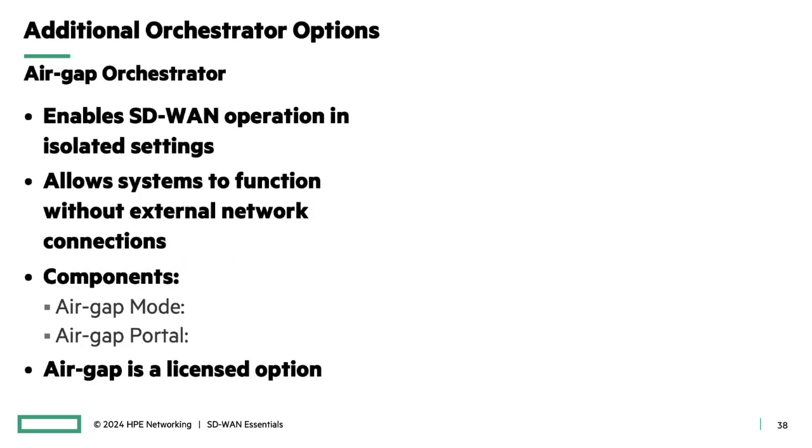There are a couple other orchestrator options, like air-gap orchestrator, which enables SD-WAN operation in isolated settings. Recall we said that the orchestrator must be connected to the cloud portal and it constantly checks in. Air-gap allows critical systems to function without having that external network connection. The components include an air-gap mode, which needs to be set, and allows EdgeConnect Orchestrator and appliance to operate without